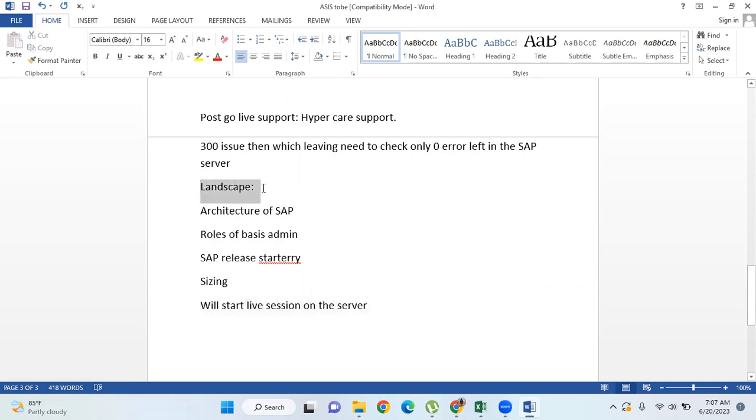If you want, you can take this. I'll send these documents to you right away. You just see the document and see something on this landscape and on the architecture of SAP. If you know it well already, then we will discuss. No problem. If you don't know, tomorrow we will discuss in the live session how this works. And from Monday, we will get server access and we are going to create our roles,